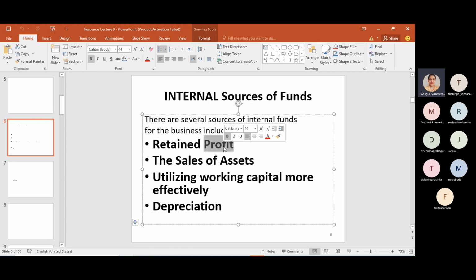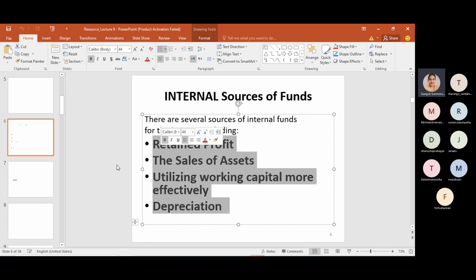Okay, so whatever the sources that you have inside the company itself are called internal sources of funds. Okay, so these are some examples for internal sources of funds. Okay, so we can discuss all of them one by one. Okay, so first of all, let's discuss what is